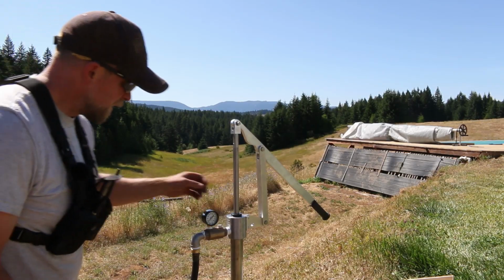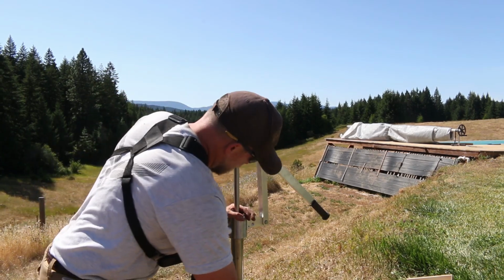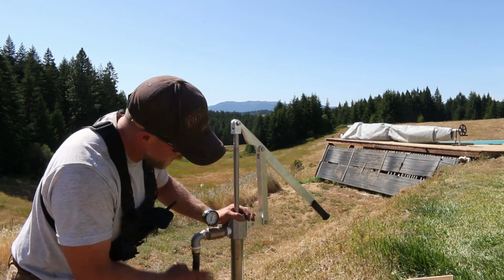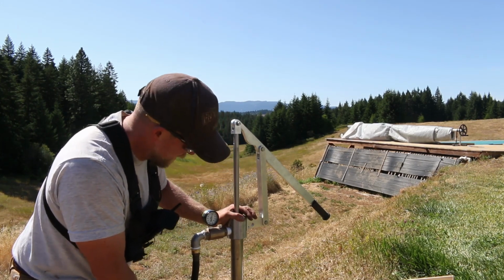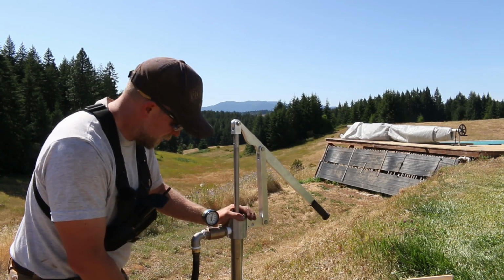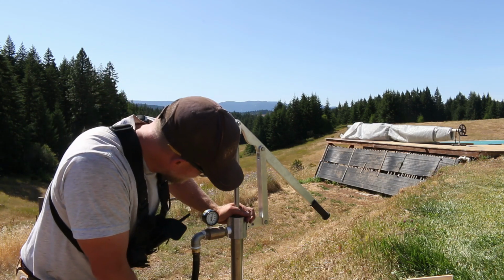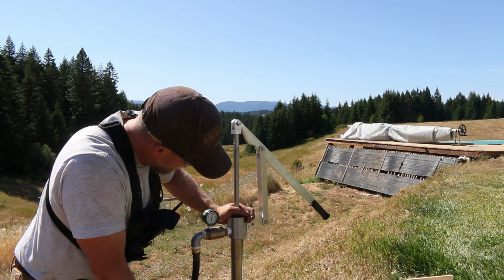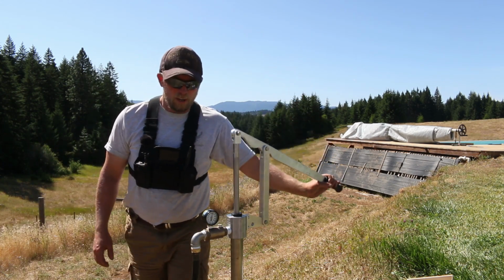This is one of the main reasons why we got it, is because you can just connect your garden hose here. Now we're pressurized all the way up here. This is back pressure now from our pressure tank, which is on. The pump's on right now, so I'm not going to run it, but this check valve came with it. Clearly I've got a little bit of water coming out there, a little bit of air as it back flushes his hose. And so now all I have to do is pump, and I can pump right in to the